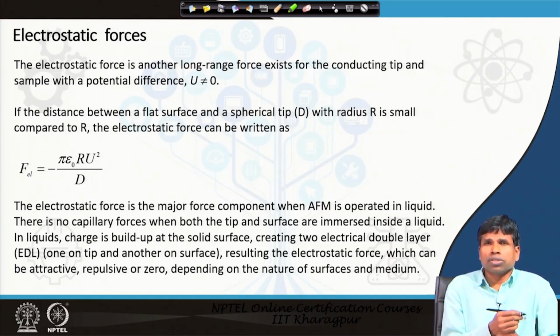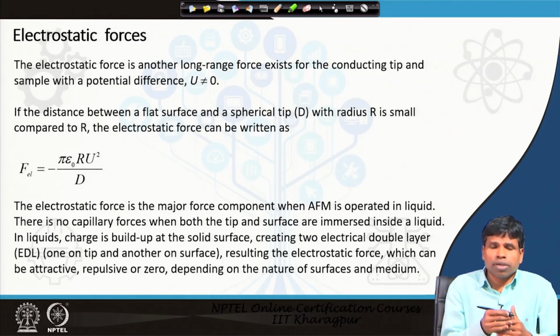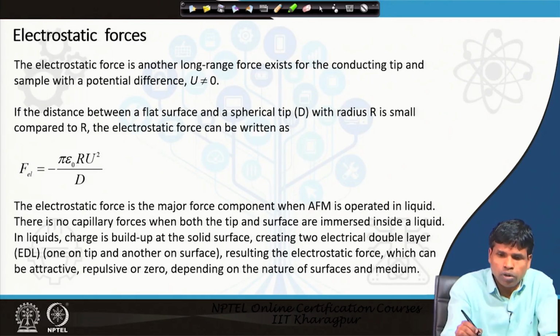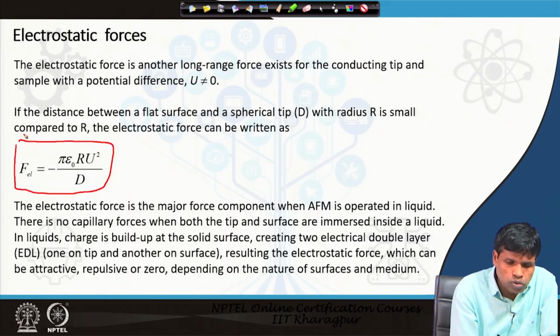Mostly our tip radius in AFM is 5 to 10 nanometer, and the distance between sample and tip is a few nanometers, less than 5 nanometer. In that case we can calculate the electrostatic force using this equation,